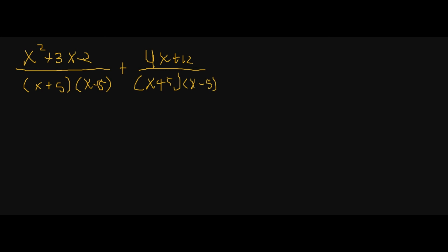So let's look at this right here. Now, again, you'll have to first ask yourself, do we have like denominators? And we sure in fact do, right? We have x plus 5, x minus 5 here, and x plus 5, x minus 5. So we can combine it into a single